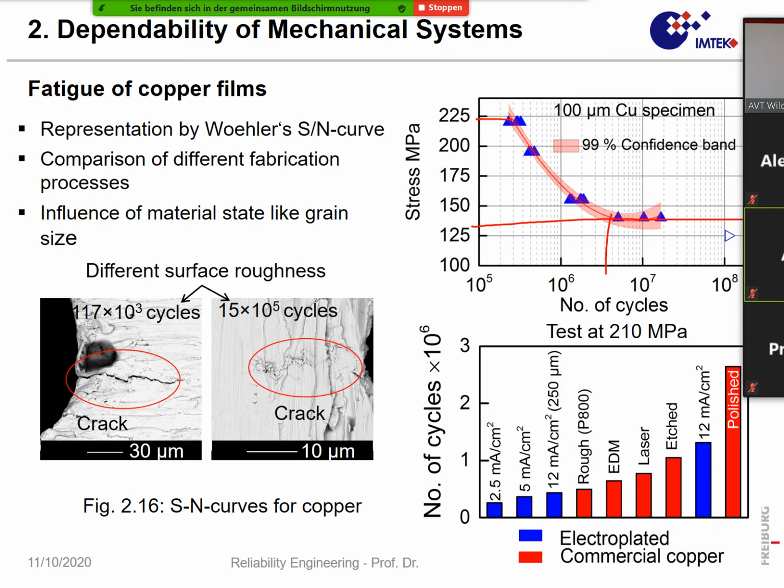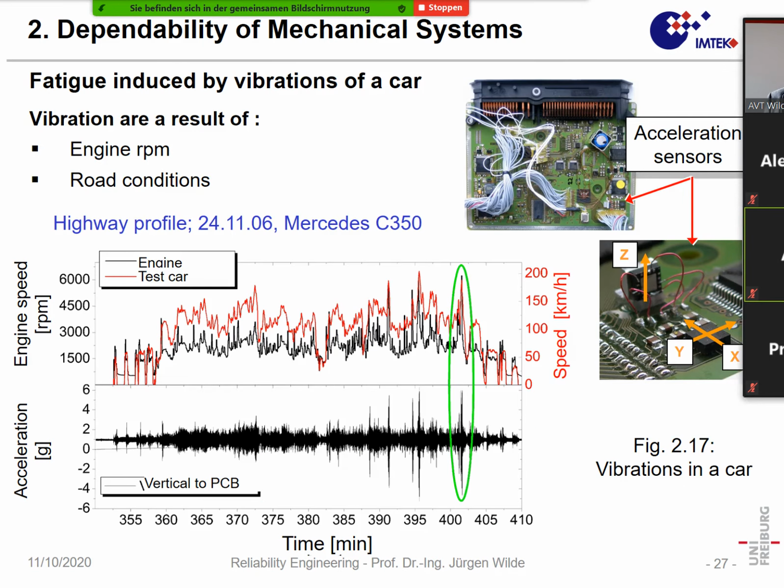And again, I must say, a stress level of 125 is a stress level that can easily be produced by assembly and packaging processes. Okay. Now, another of my PhD students was dealing with the question of how vibration is